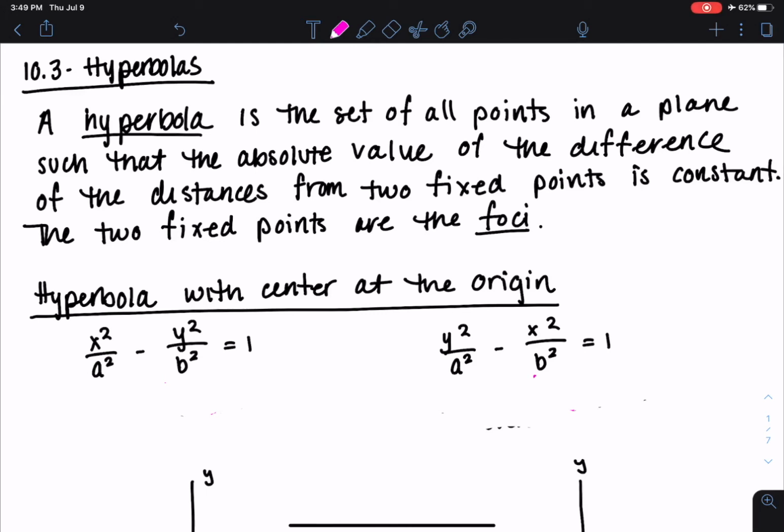Now we move on to our second conic, which is about the hyperbola. The second type of conic we're going to talk about is the hyperbola. So just like the ellipse, it's going to be defined from a fixed